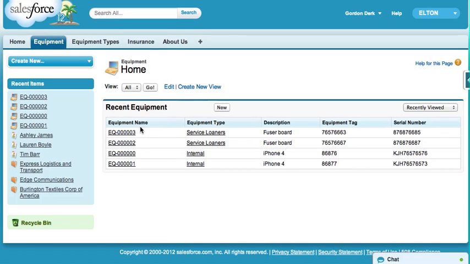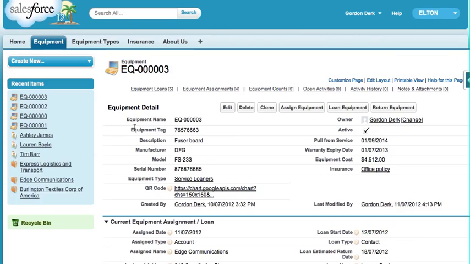Most of the information for ELTON is driven off of one file, and that's the equipment record. Let's take a look at a piece of equipment. You can see we've got a sequential number for the equipment name, a tag, description, manufacturer, model number, serial number, the type of equipment, in this case a service loaner, is it active, a date from after which it should be pulled from service, warranty expiry date, the equipment cost, and the insurance policy that this particular piece of equipment